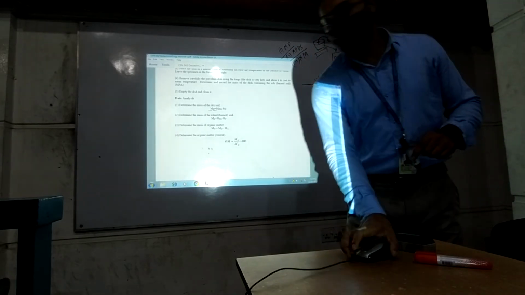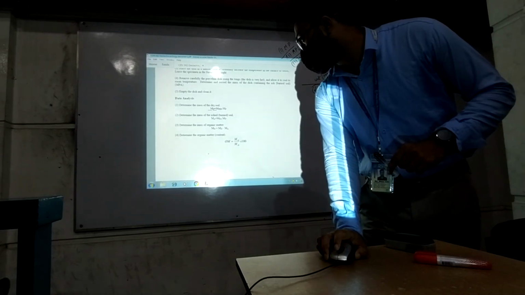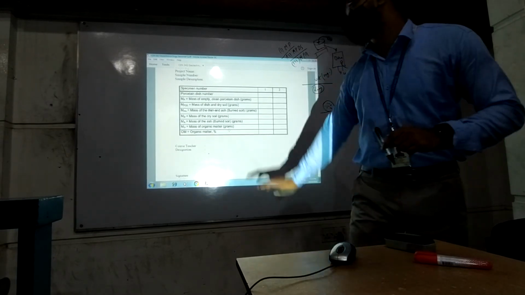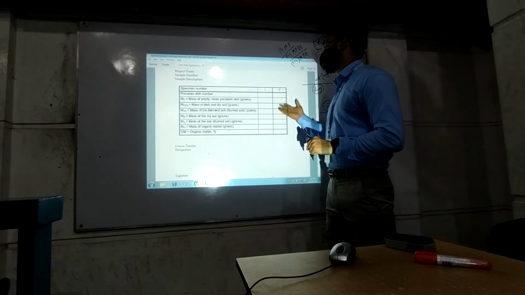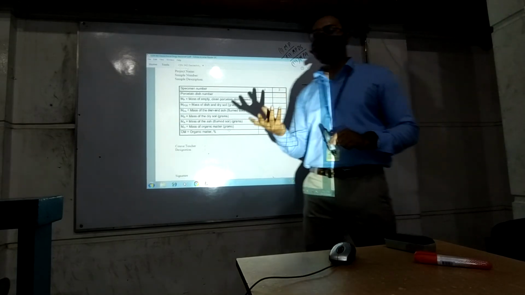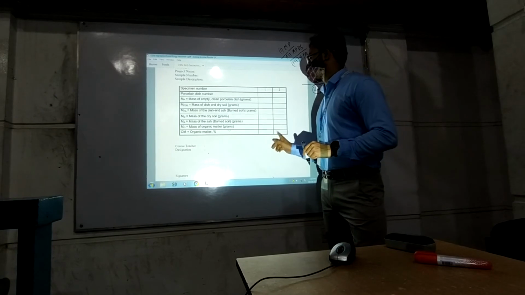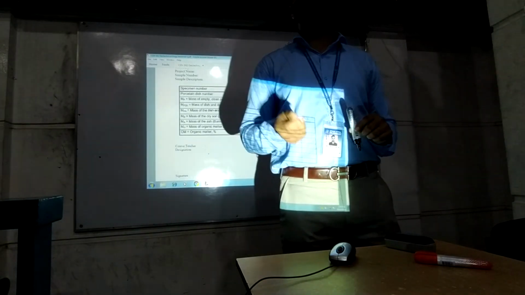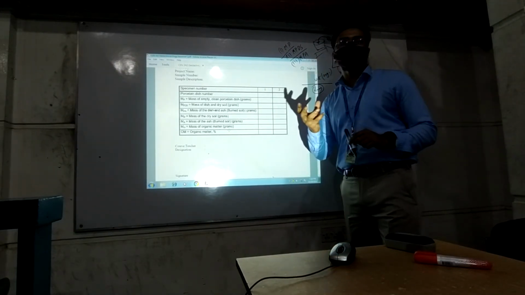So there is no graph actually. By using these equations, we can easily determine the organic content. So we have to maintain a table. Each group has to determine the organic matter according to the weight of dry soil. So the percentage may vary. One group may take, suppose, 50 grams, another group may take 60 grams. So the organic matter will vary according to their weight.